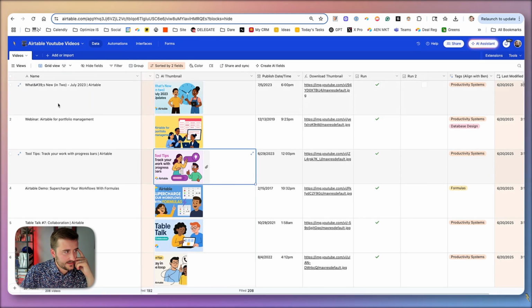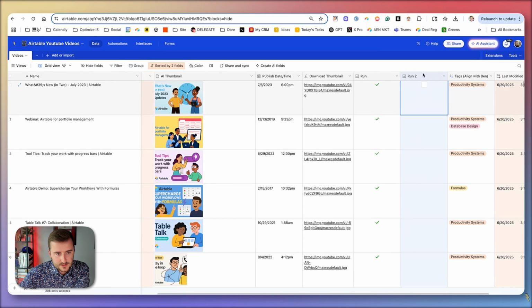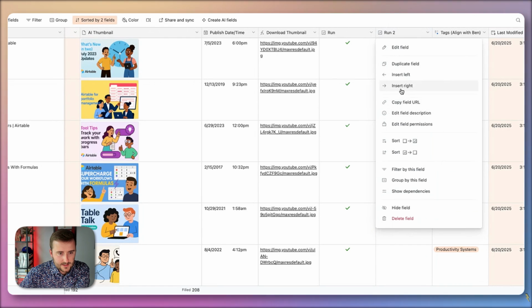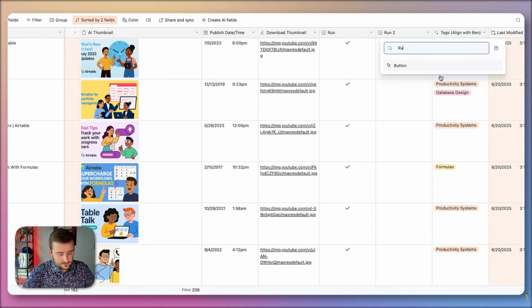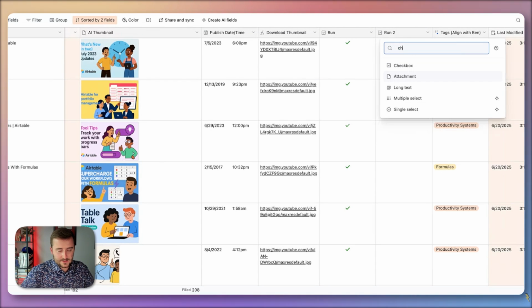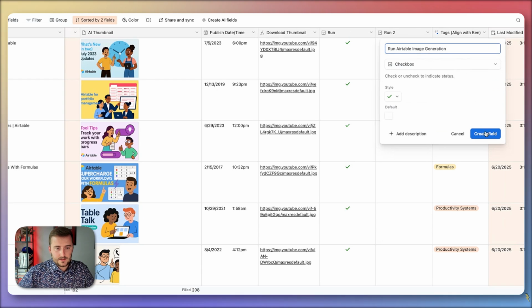I'm already in a base here, and I'm going to be using this table. Basically you're going to be doing this in a structured way, so that every time you want to create an image, it's going to add that image to that field. The way this is going to work is I'm going to use this field called run. In this case, I can even add a new one. We'll say this is run Airtable image generation. They recently changed this, so you have to pick the field type first,